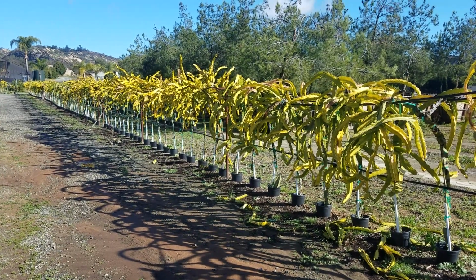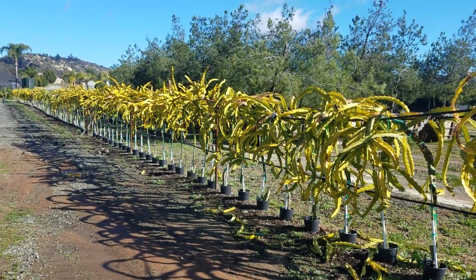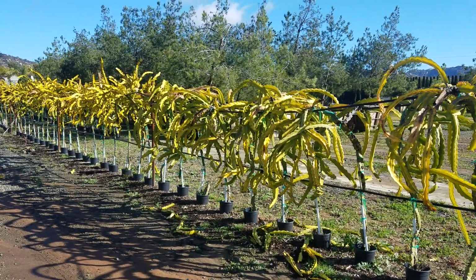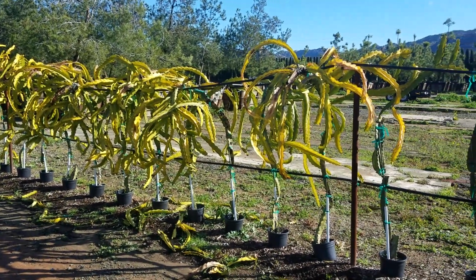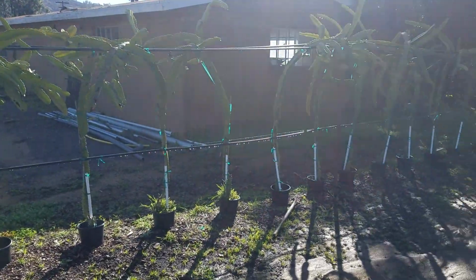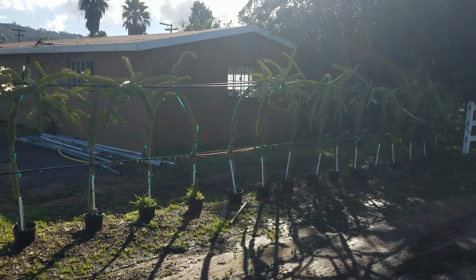Okay, so this is a video on grafting, actually, the effects of grafting. So what you're observing now is chlorosis on Guatemalensis and an undatus hybrid with Guatemalensis. So let's start here. It's in the shade, but you have a group of sugar dragon, which is